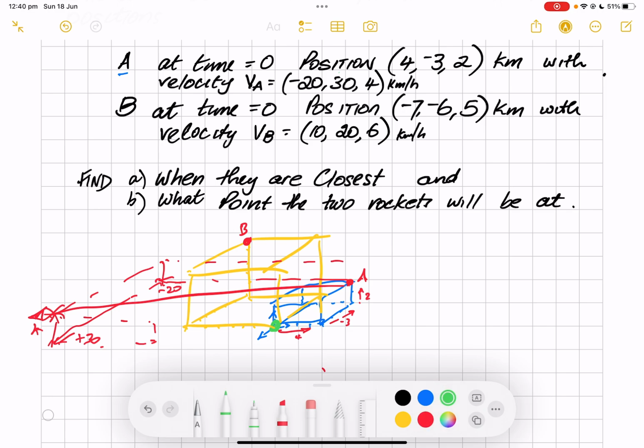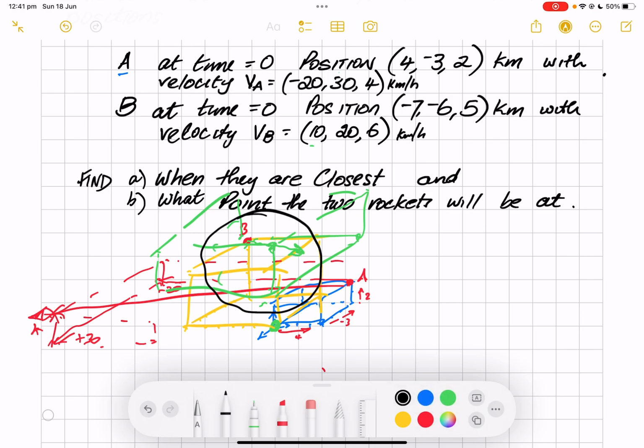B heads in the opposite direction in the positive X. Right, so it heads out here. And it heads in a positive direction of Y also. They're both heading in the positive direction of Y. And they're both going vertical, but B is going up at a higher rate. All right, so we've got this. B heads this way, straight through there. It's going up. So at some point in time, they're coming close to each other, but where will that happen? It's going to happen somewhere in this vicinity here,